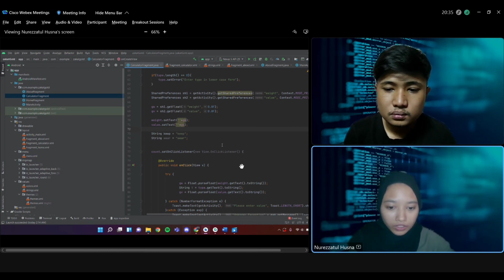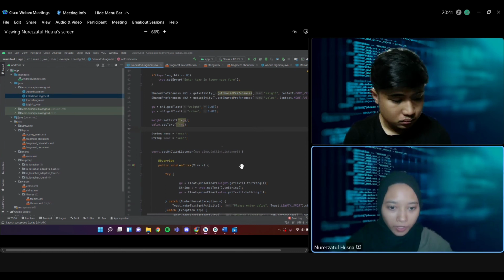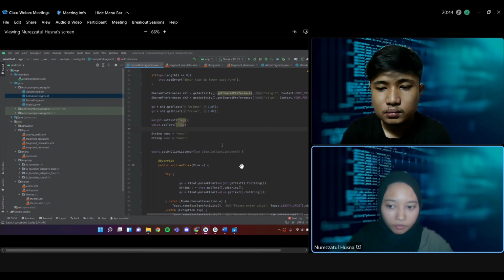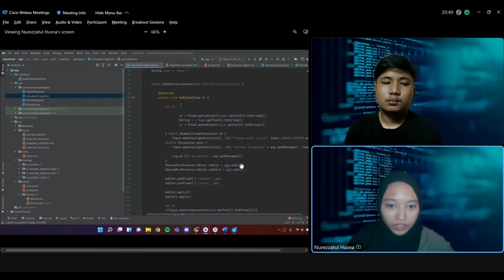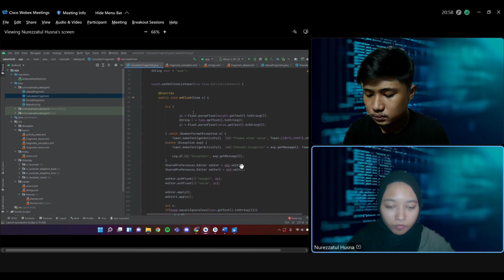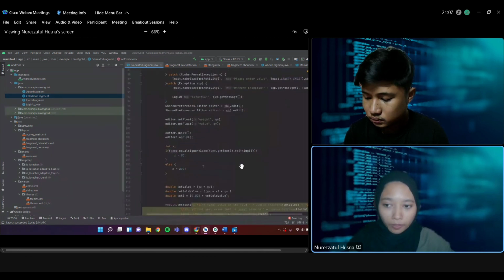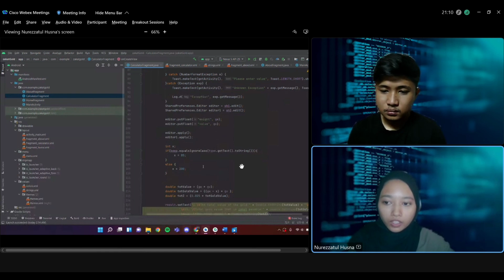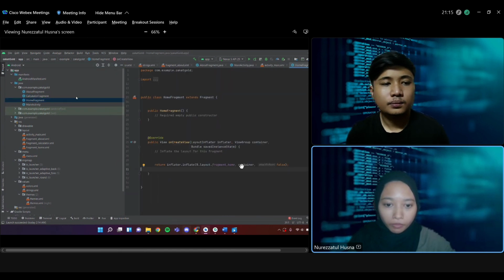The fragment calculator will be shown here because we do on click view. We set the count on click listener and all those things. For further detail, you can see our source code on GitHub. We will provide a GitHub link under the description, and you can see more of our source code. Okay, this is the about fragment class.